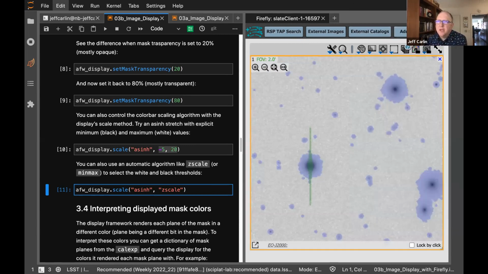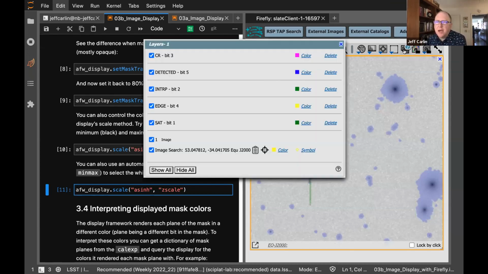And then you can also, the mask planes, which we'll speak a little more about next, but you see this, this looks like a stack here. This is the overlays menu. And you can see when I clicked on that, this shows you all of the masks and what their colors are. And you can see there's a checkbox by each one. So for example, the interpolated pixels, if I don't want to show those, but I want to keep all of the others, I can